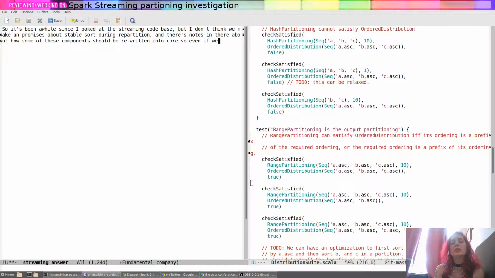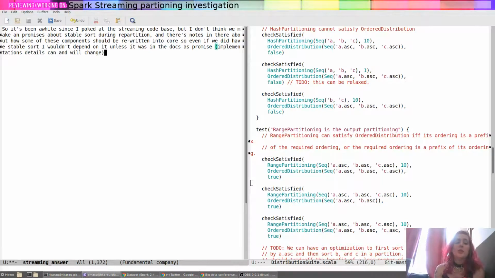So even if we did have stable sort, I wouldn't depend on it unless it was in the docs as a promise. Implementation details